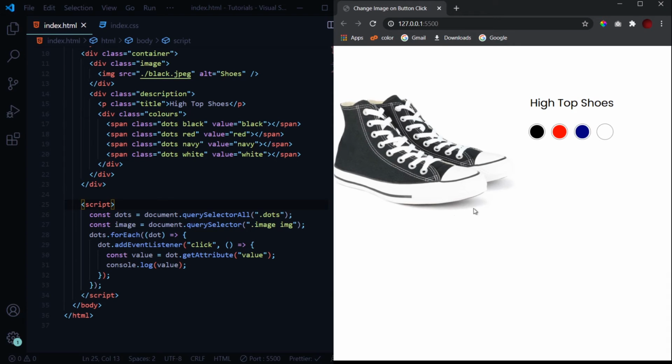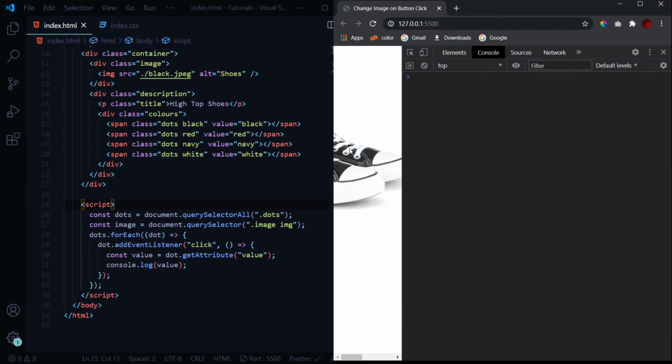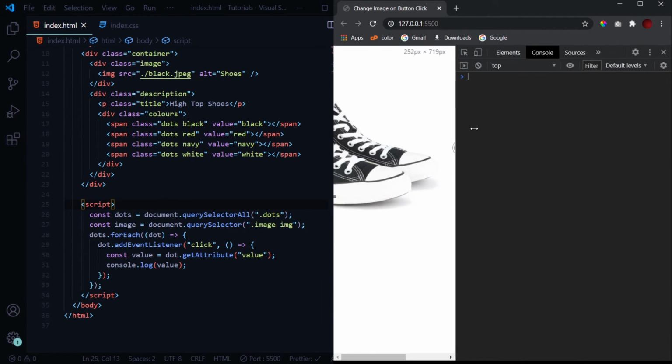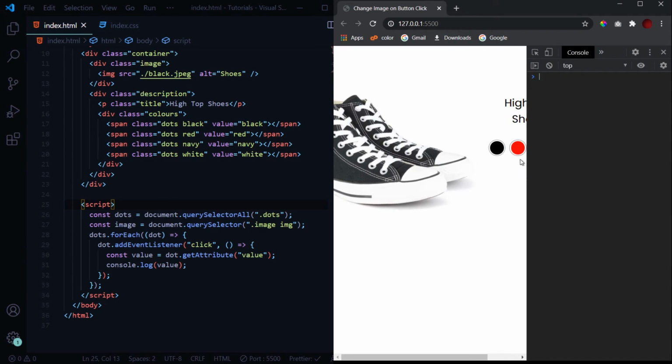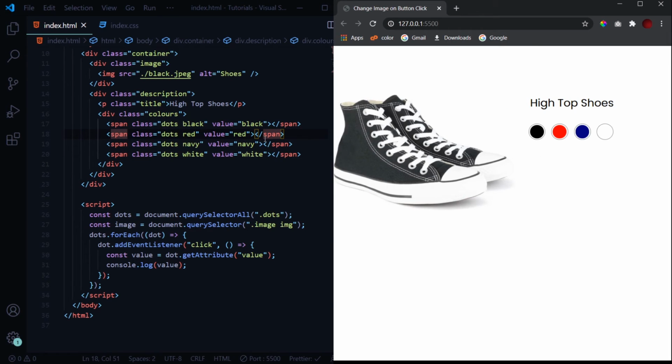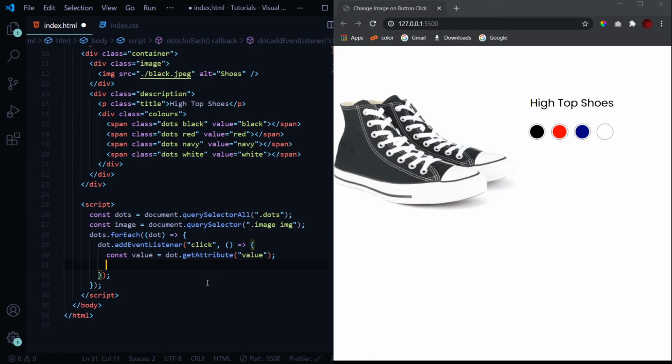Let's go to the inspect element. Now inside this console, whenever I click on any of these dots, let's say I click on the red one, we get the value which we have set over here in the HTML. I click on black, we get this value black. So this is how you can get the value of any attribute which you have mentioned in the HTML using JavaScript with the getAttribute function.